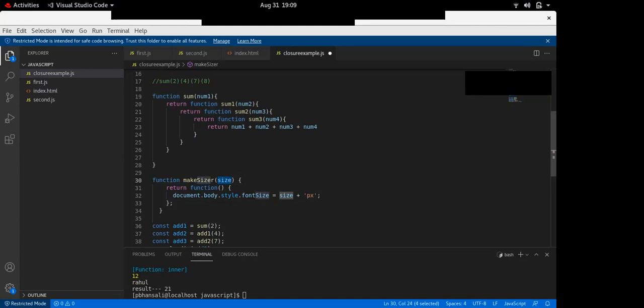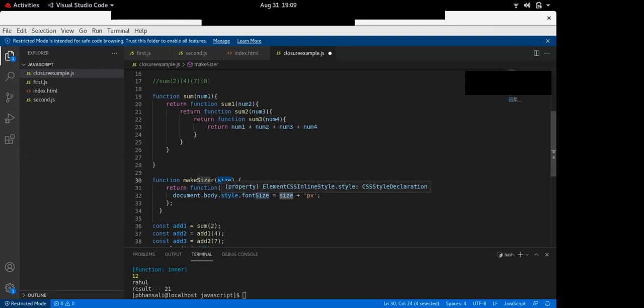Okay, and whatever size we pass here, it will assign that size to all the elements. So if I pass 12, then body size will be 12 pixels. If I assign 16, then it will be 16 pixels. document.body.style.fontSize means all the elements, all the text present in the HTML body will turn to that size.